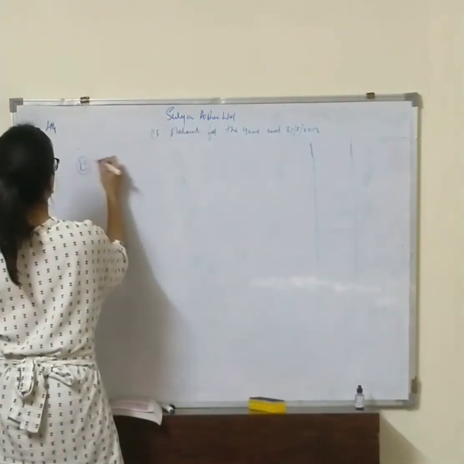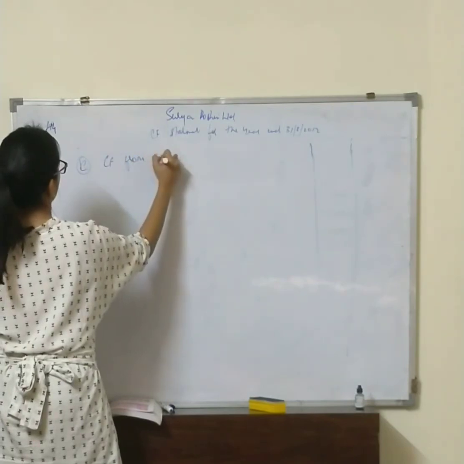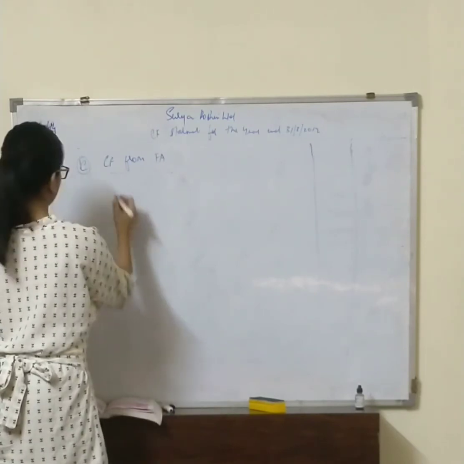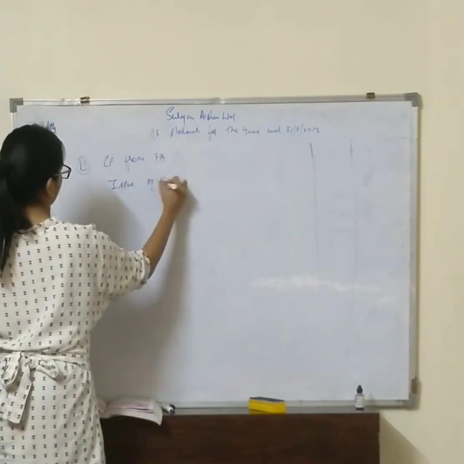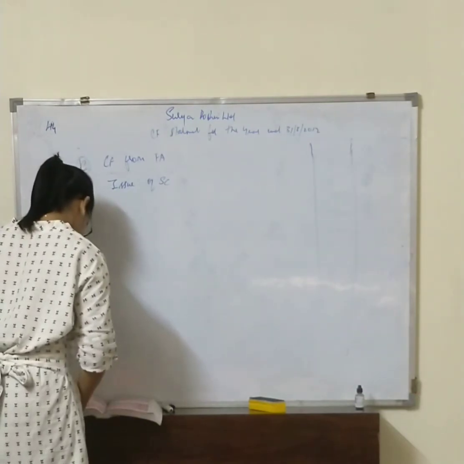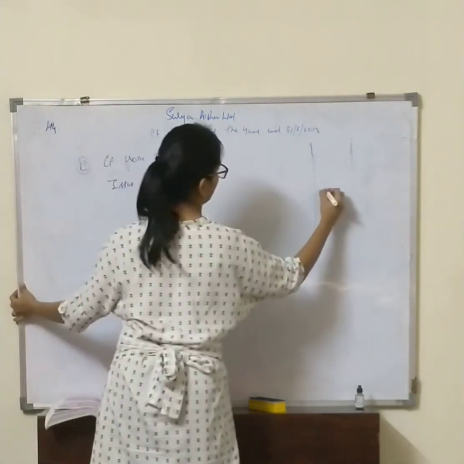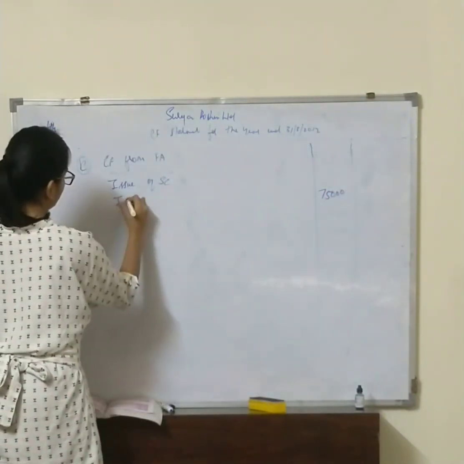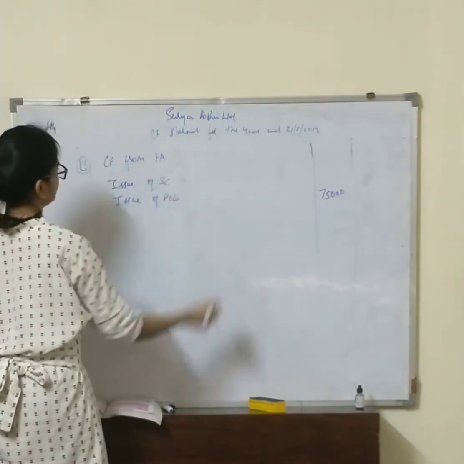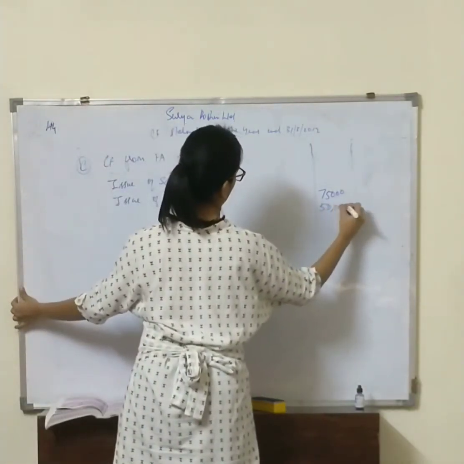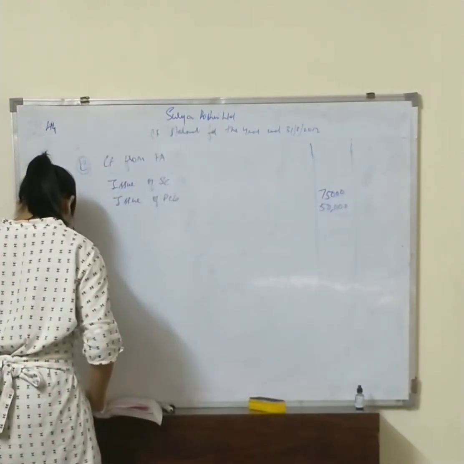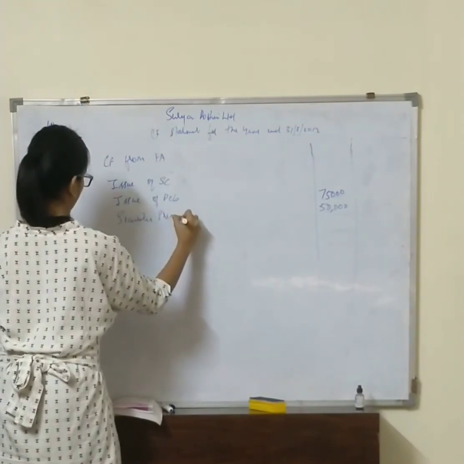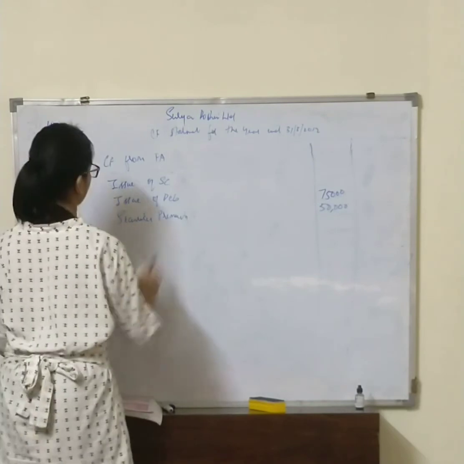Last we need to calculate our cash flow from financing activities. Go to your balance sheet. Do we have issue of share capital? Yes. So issue of share capital, how much? 4 lakh minus 4,75,000, it is 75,000. Then we have issue of debentures. How much is it? From 2 lakh it is 2,50,000. So it is 50,000. Then under our reserves and surplus we have securities premium. How much is our securities premium? 60,000.